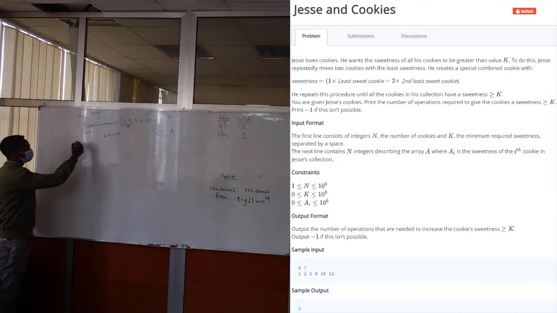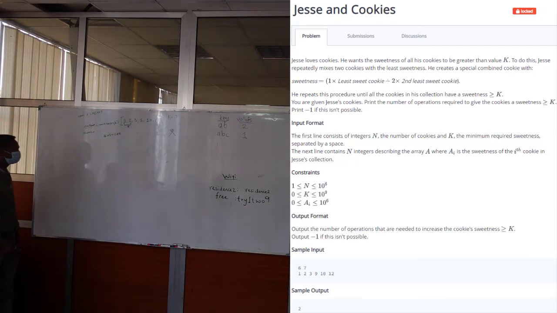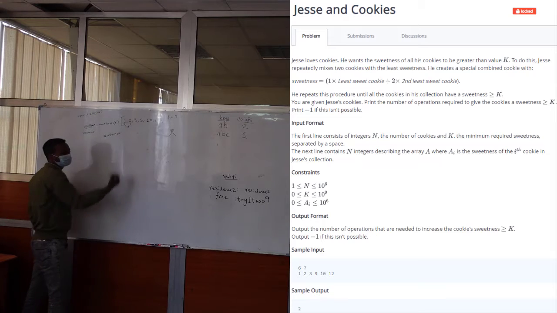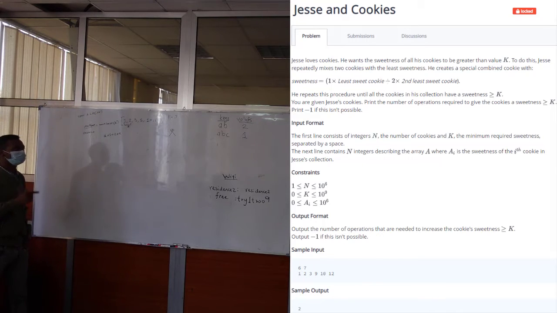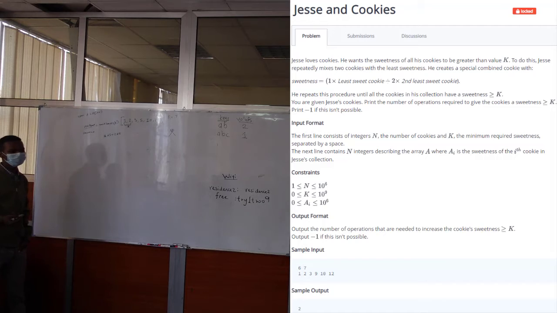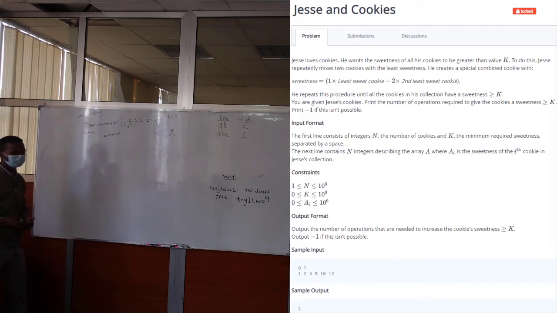So we have to count the number of operations, and what we have to do is, until we have no cookie with sweetness less than k, we can keep doing that, and also at the end